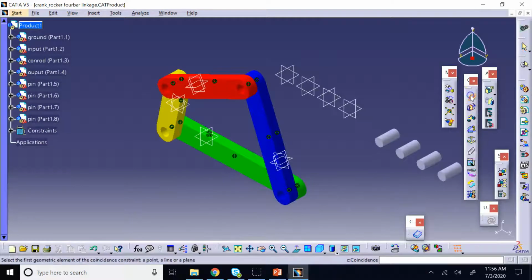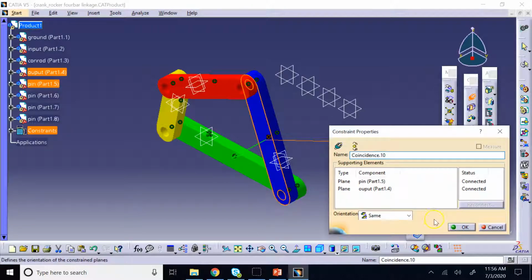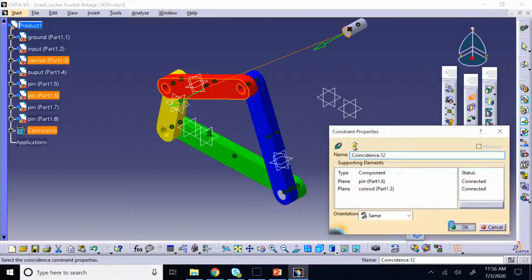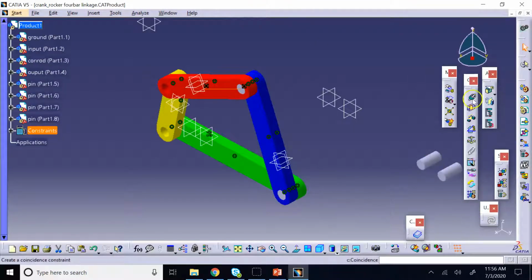And now what you need to do is go ahead and select this axis with this one to be coincident, and then you select this front face to be coincident with this one in the same direction. There we go. Then you keep doing the rest, so here and here, and then this one and this one, then you repeat here and here,